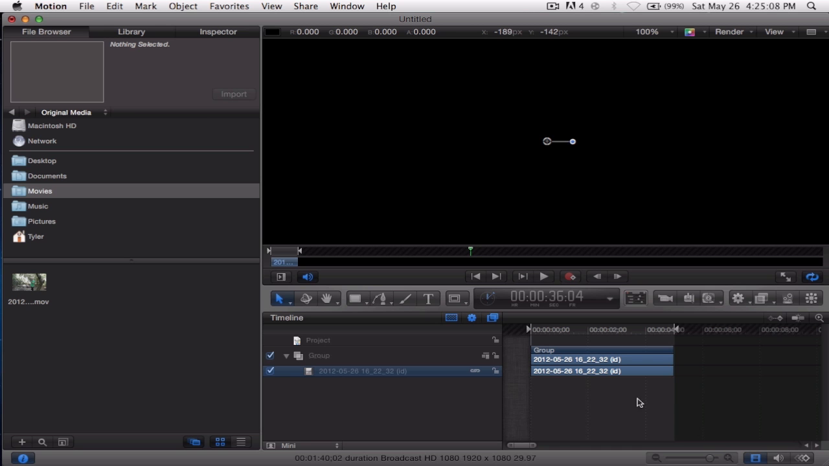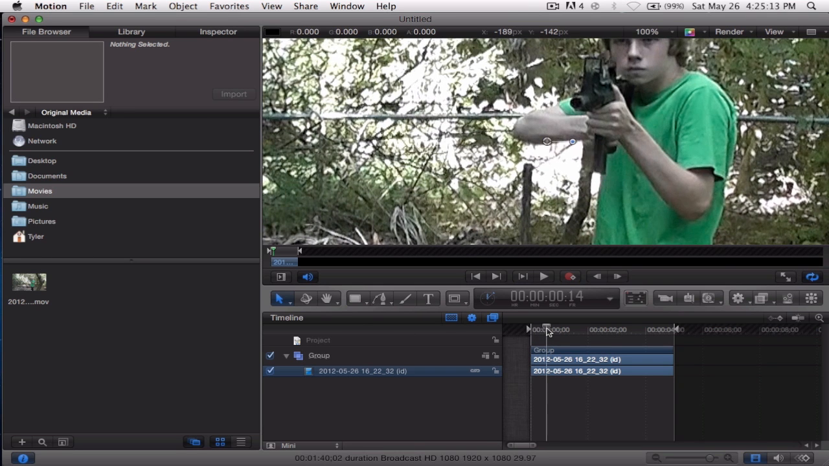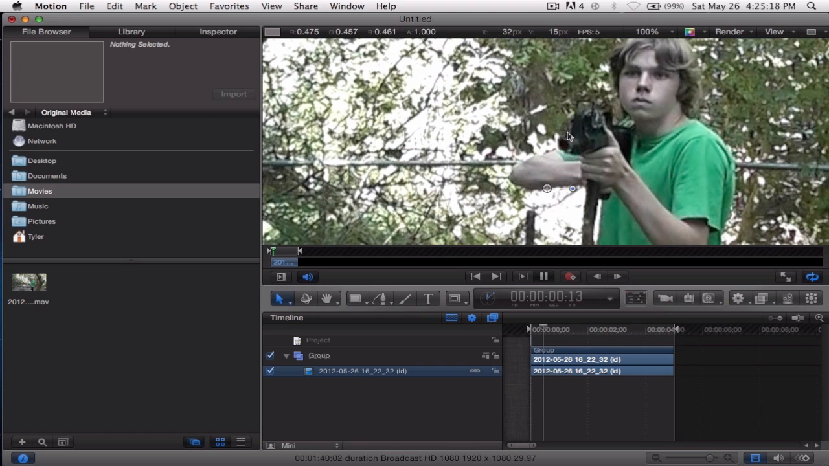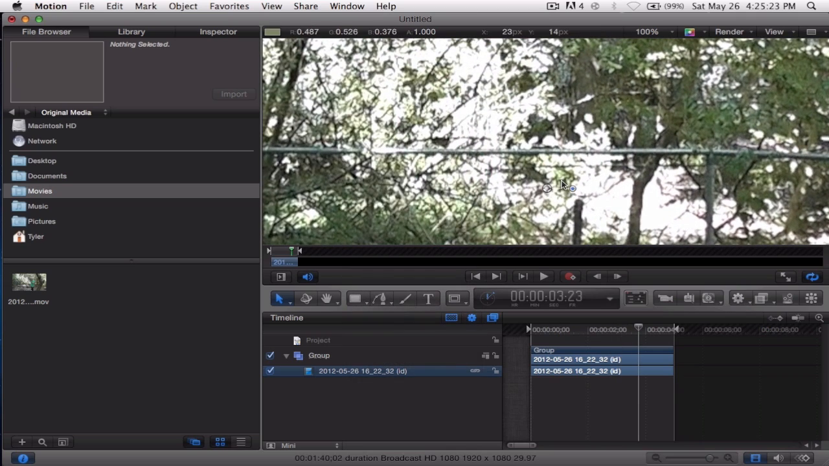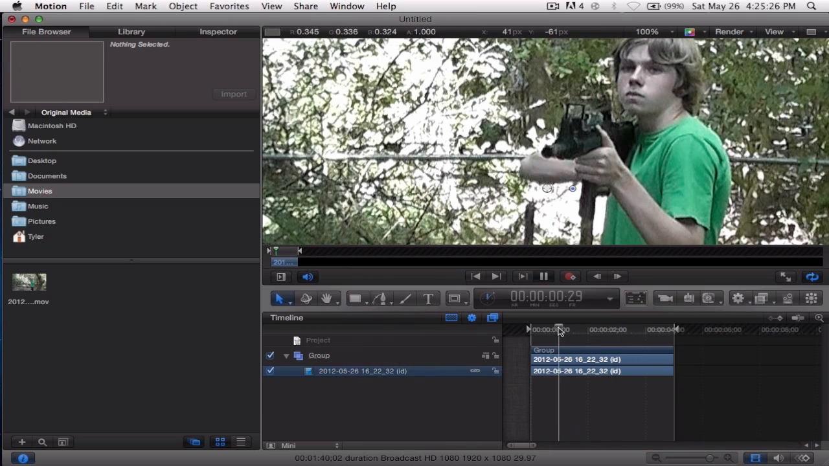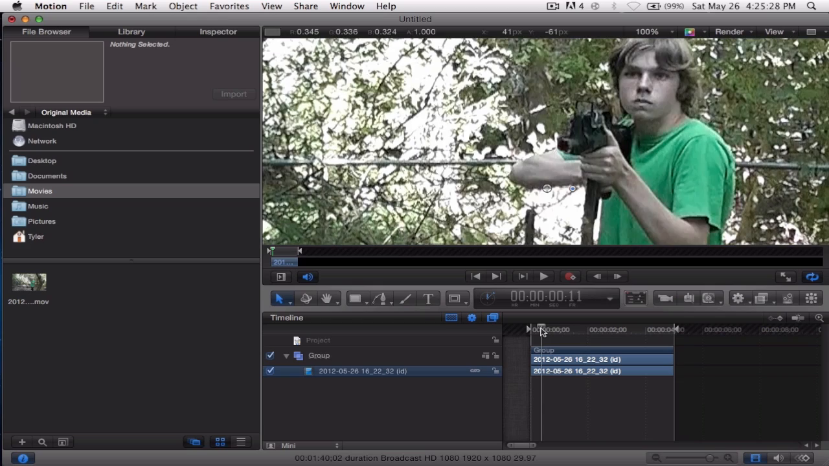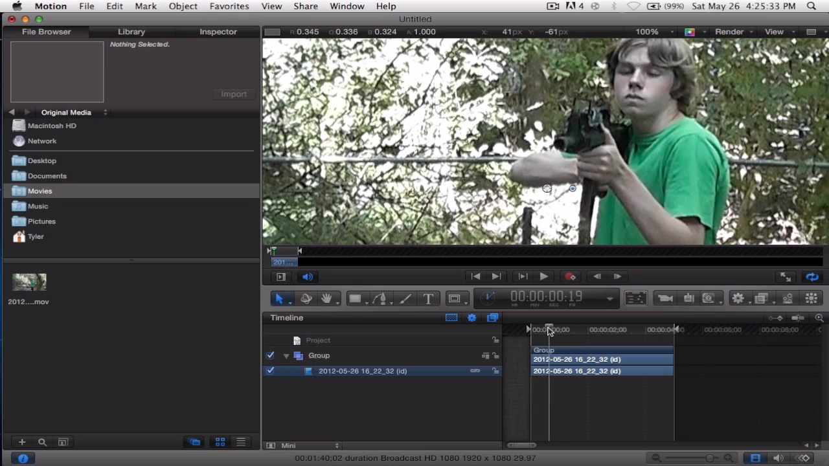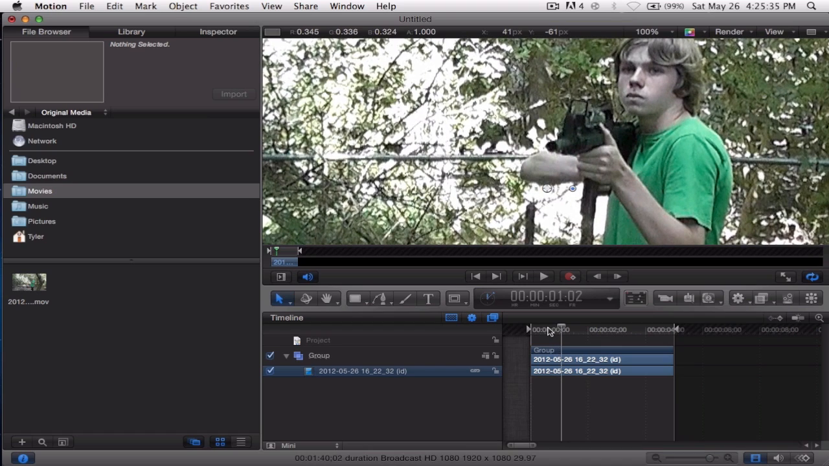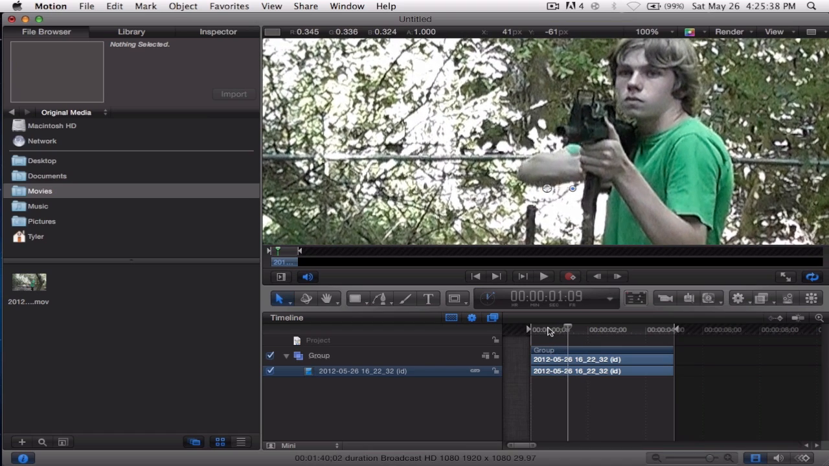So this tutorial is how to make a muzzle flash in Apple Motion 5. So here's a shot of me. One second. Need to find the place where I shoot. Right there. So you find the place where you shoot, and then